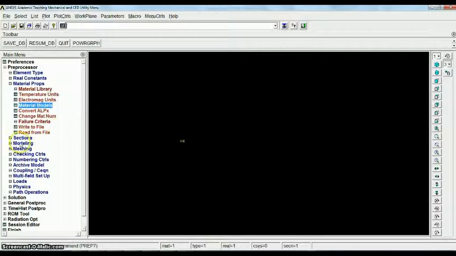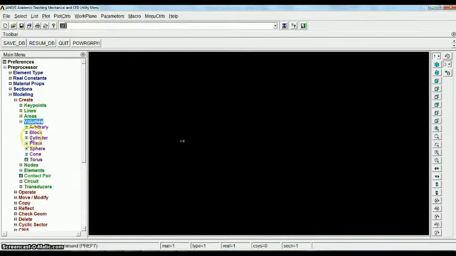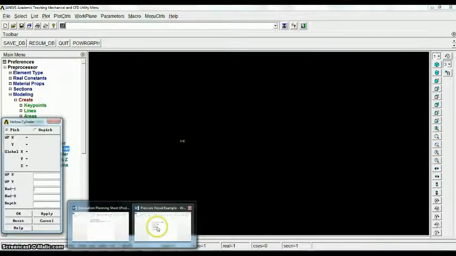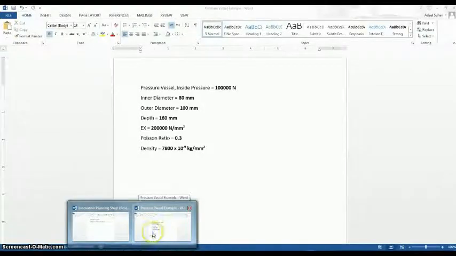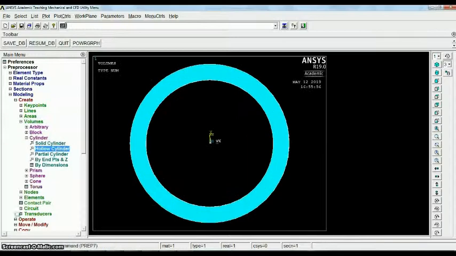Then we'll go to modeling, create using volumes this time, cylinder, hollow cylinder, so XY let it empty as a 0. R1 will be 40. Need to check, it is 80 and 100, so 40, 50, the radius, 40 R1, 50 R2, and the depth 160, or the height of that pressure vessel. Okay, so we got it here, you can see